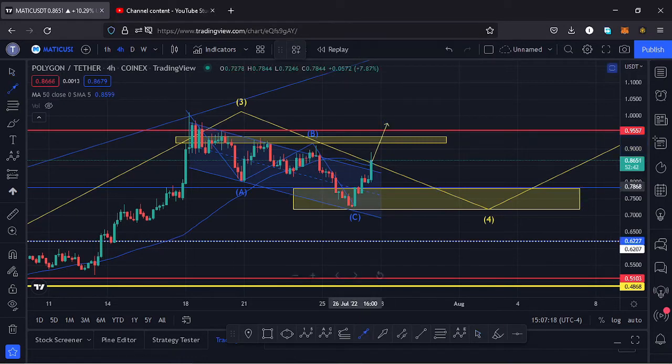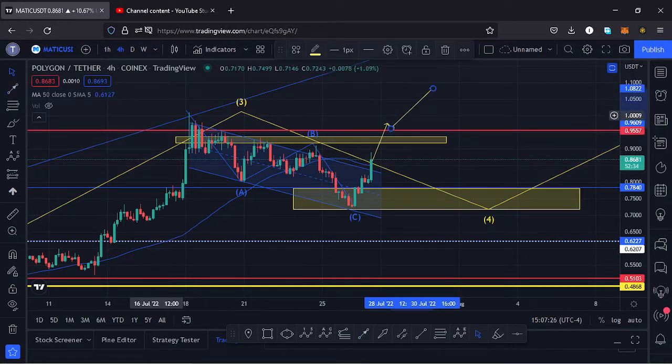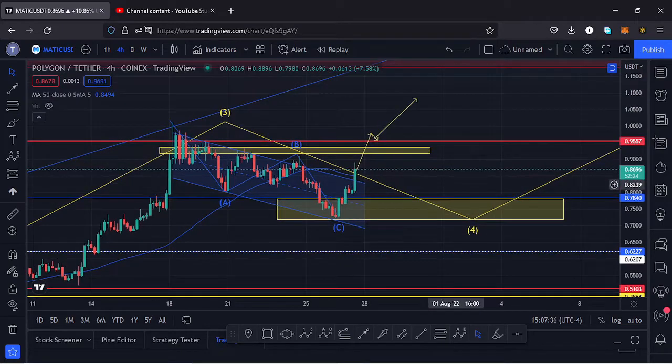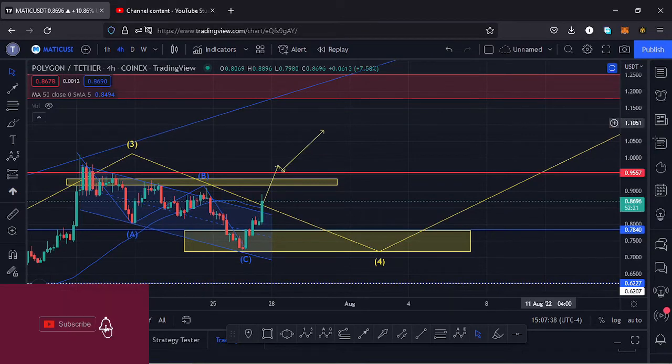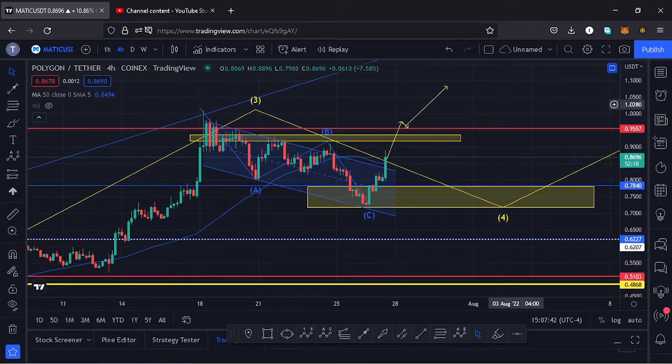And once we get to that key area of resistance, we have a retest of that area and then continue pushing to the upper side. And once we start trading above the high that we made over here at around the $1 mark, then that breakout to the upper side will be confirmed, and that would mean higher prices could be coming our way. And in that movement, I expect us to complete the formation of the wave 5, to complete the first wave